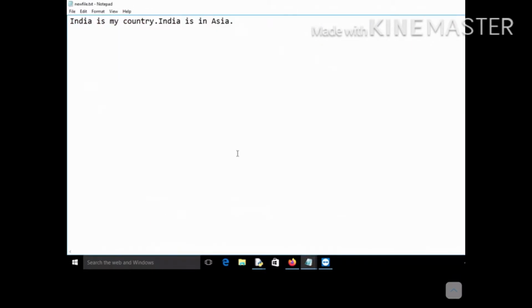Then one more thing you might have seen here, that a new line is not there. Whatever you have written is written in the previous line, in continuation. No new line has been created. So how to avoid this? You will have to add an extra line yourself. You will have to write the new line also. If you want a new line, then you will have to write a new line. Otherwise, a new line will not be created automatically.